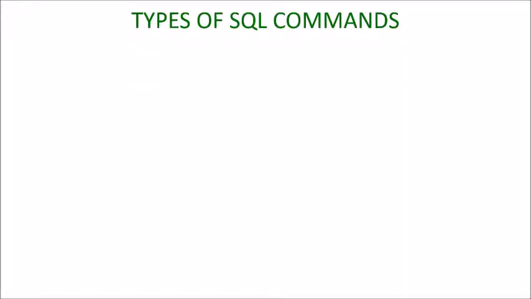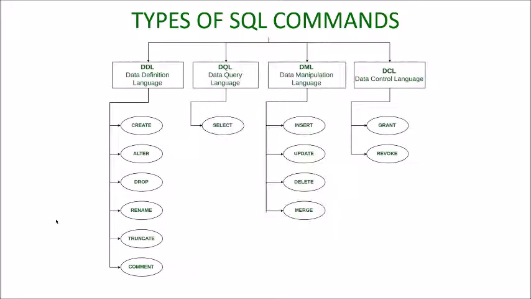So we will start with the types of SQL commands. These are the different types of SQL commands. We'll start with the first, data definition language, that is DDL. As the name indicates, data definition language. See, this is a 1 mark question or 2 marks. Many times it is asked in 2 marks also, what is the difference between DDL and DML. These are the two types of commands which are in your course. So the first one is DDL. It is data definition language.